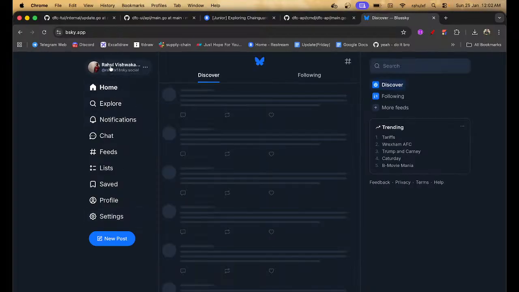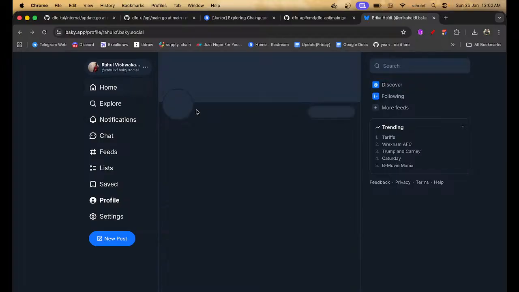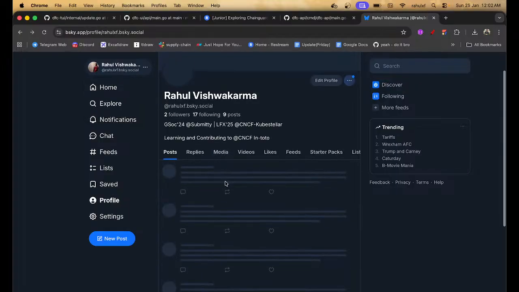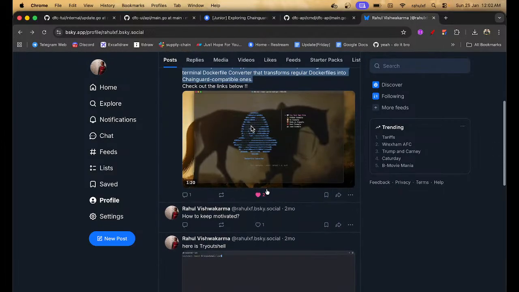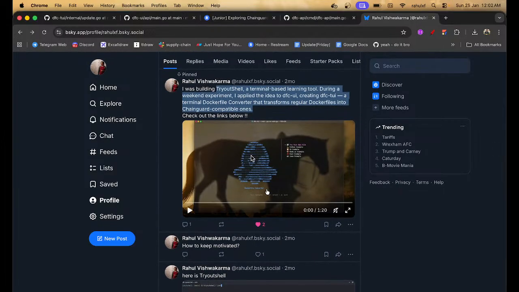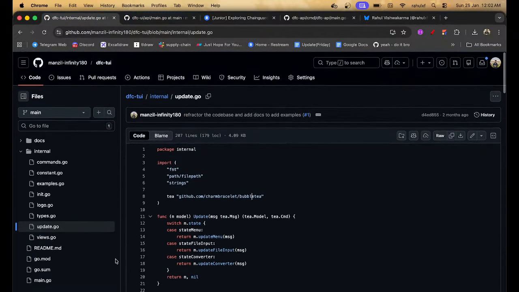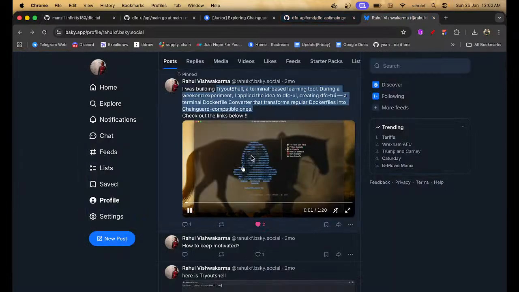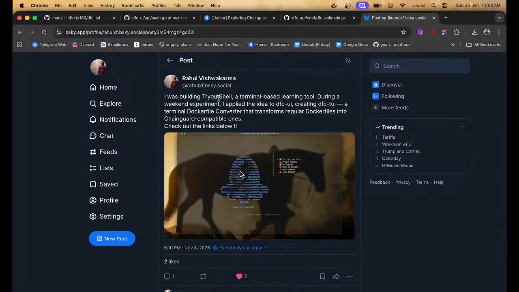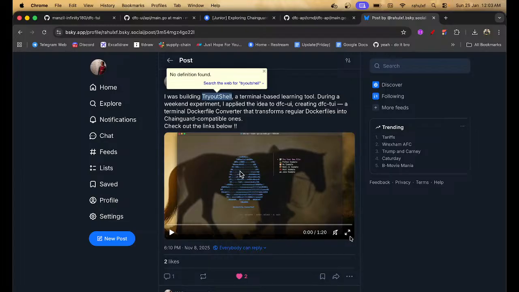I have already posted this around DFC. If you see, this one is a bit different. This one has a tryout cell. So the tryout cell is simply